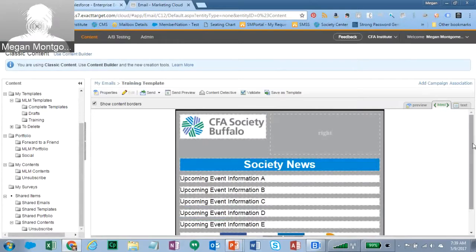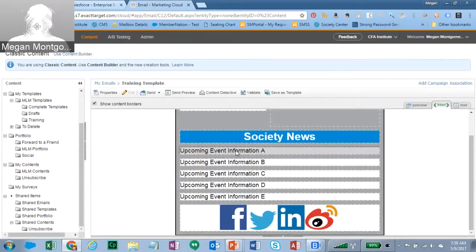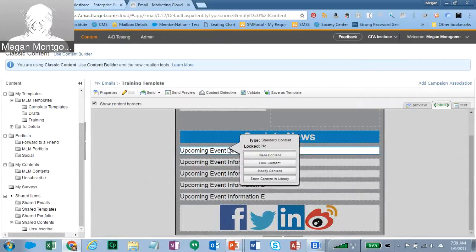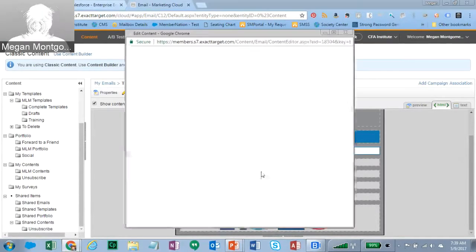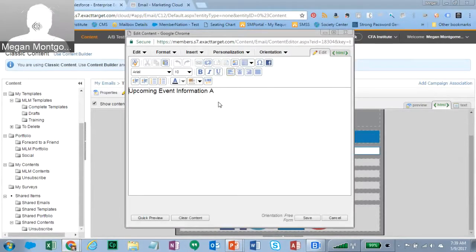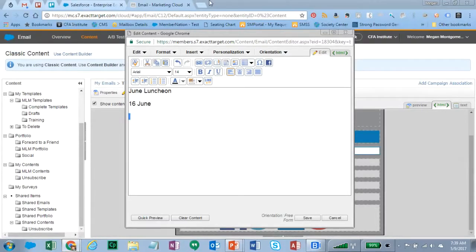So we're happy with that. But then you have all of these other blocks here. This particular layout or design is intended to show information about several different upcoming events. So again, you can right click on any of these blocks and start modifying them. So here, this is just text. So you can say, we've got our June luncheon at